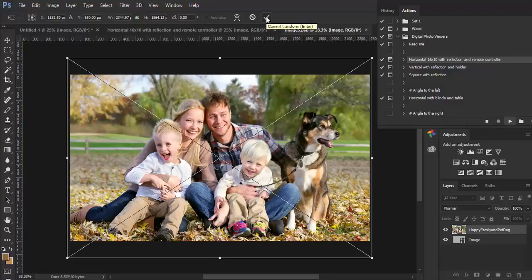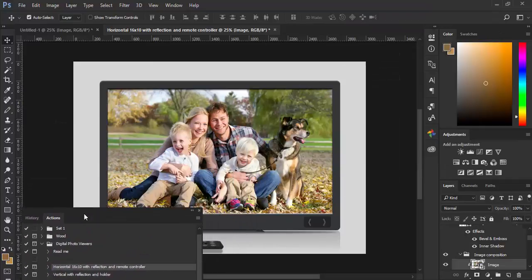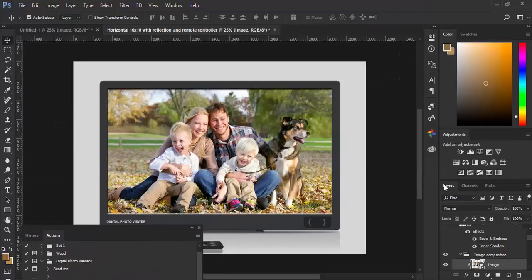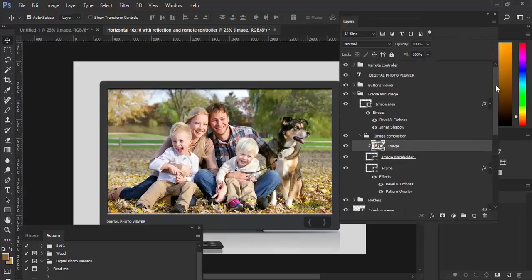Just click on confirmation checkmark, and Photoshop will place image and return you to main window with viewer.